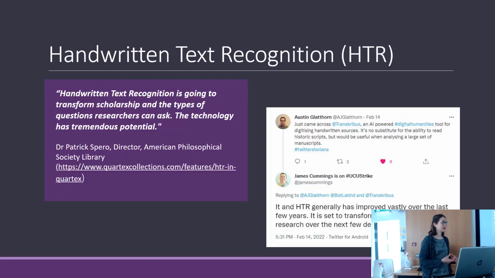This doesn't mean that paleography isn't needed anymore, because we need the expertise to train the models, so it's not all automatic, and at the same time we need paleographers and historians to correct the transcription afterwards. But it gives new opportunities, because now with HTR we can start to work with big data also in the archives, which for now is only something that we can do with